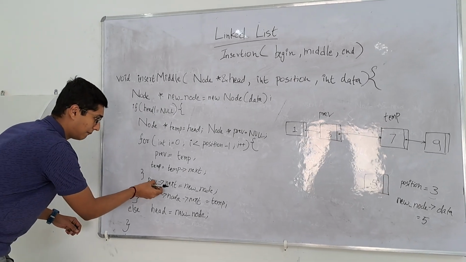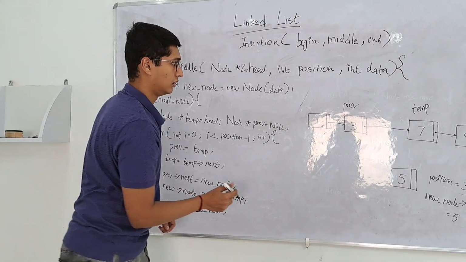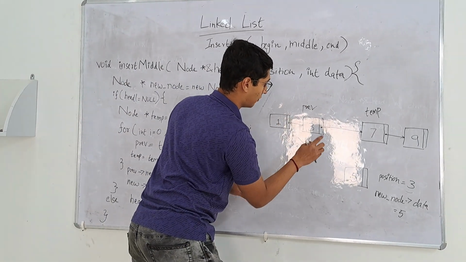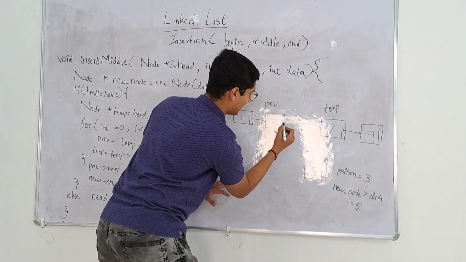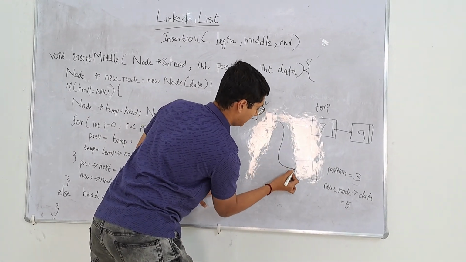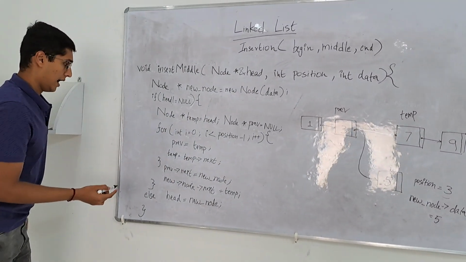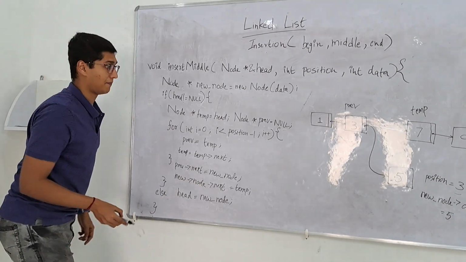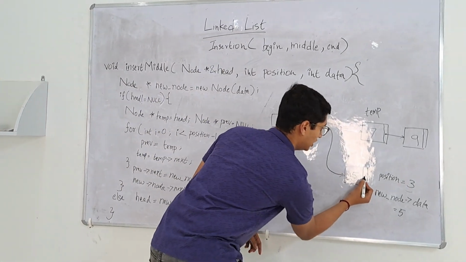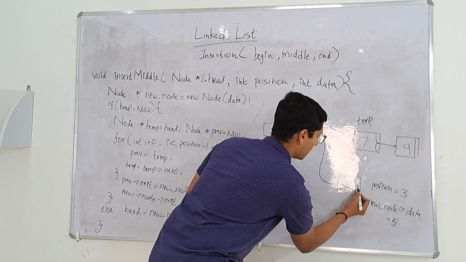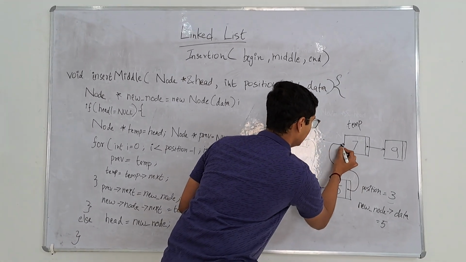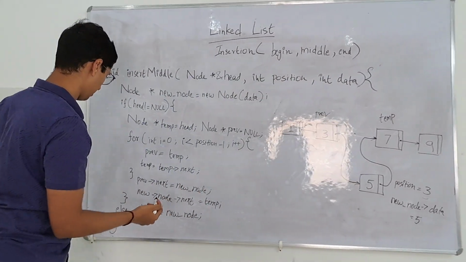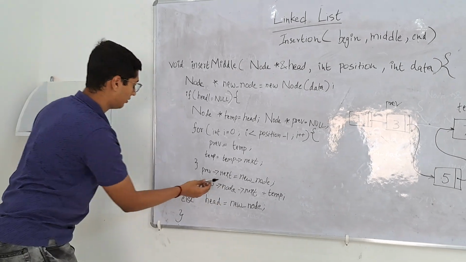Now the code says prev dot next equal to new node. So this is my prev and this is the next pointer. I'll make my next point here. Okay. And now new node dot next equal to temporary. So initially this was null. Now I'll make this point towards the temporary. Right? And so now the